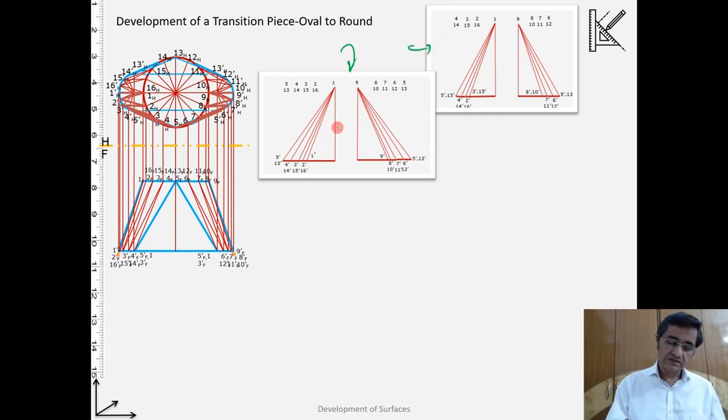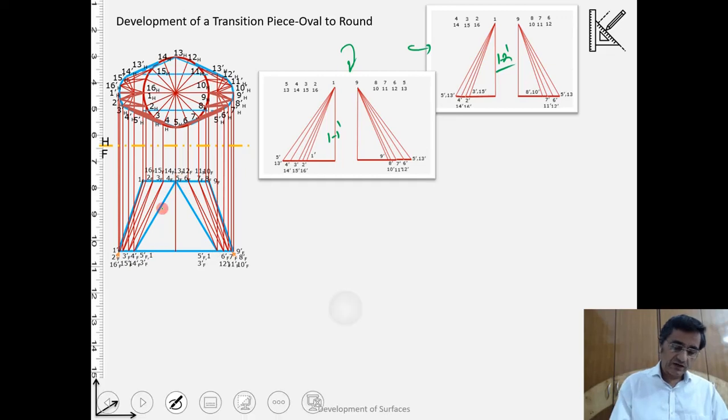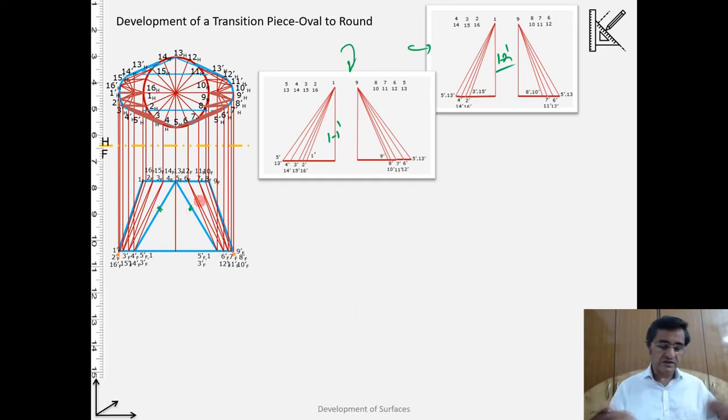So these lengths are for 1 dash kind of lengths. Here it is 2 dash kind of lengths. Okay, and as we had done in the previous one. Alright, so what we will do, we will start with our first triangle here, which is 5 dash and 5 dash here. So for the first triangle, I know this length, because all these lengths are known to us. 5 dash is known to me, okay, from here. And similarly, this length is also known to me.